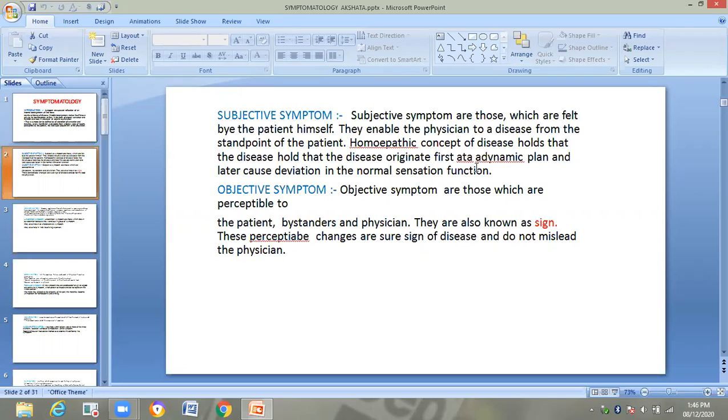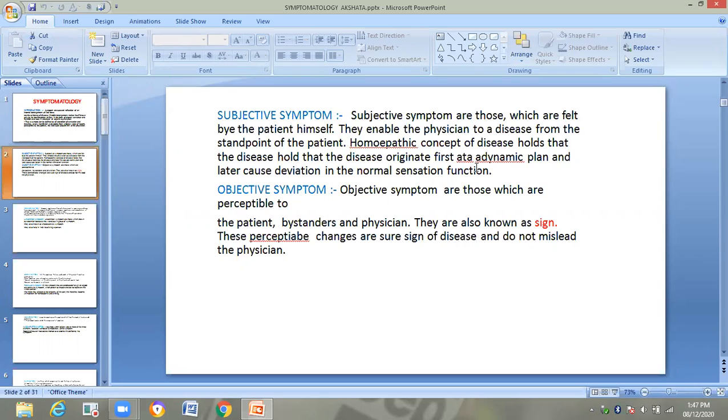But in objective symptoms we observe physical findings in the patient, and some laboratory findings also, and these are the sure symptoms of the disease which do not mislead the physician,